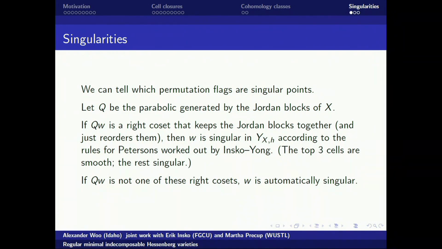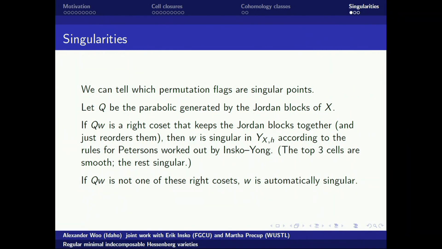The Peterson rule wasn't worked out previously in other types. We spent way more effort than we really should have trying to figure out what the rule is in other types. It turns out that in all of the other types other than B, only the top cell is non-singular, the rest of them are singular. And in type B, the top cell and the cell corresponding to the thinking node that's far away from the long word is